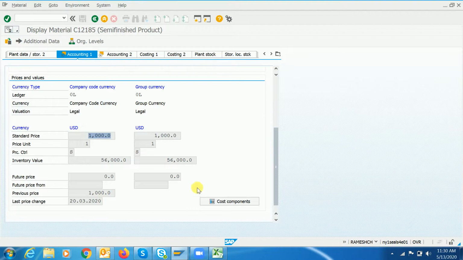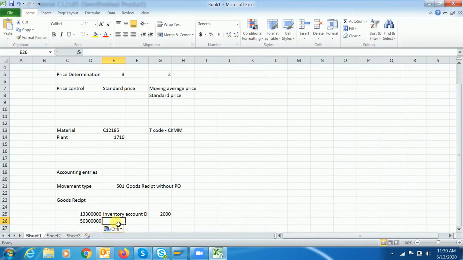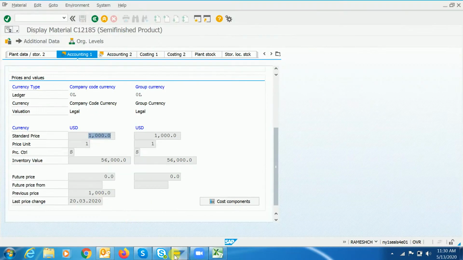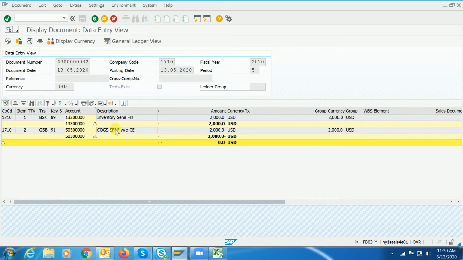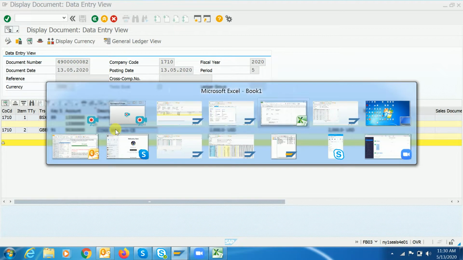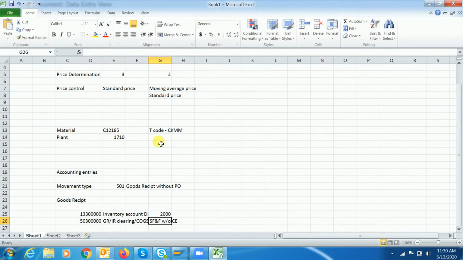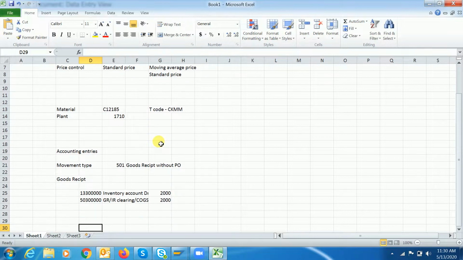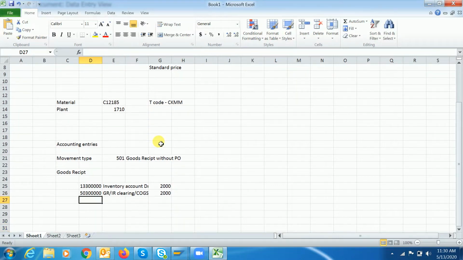Here, in my case, the accounting entry is different, guys. Normally, if you receive the goods against a PO, it would be the ZRIR clearing account. But in my case I posted without a PO, so it is picking this account. You have to choose your one. The amount is 2000 credit. And this is how the system will post the accounting entry in the three-year combination without any price differences, guys.